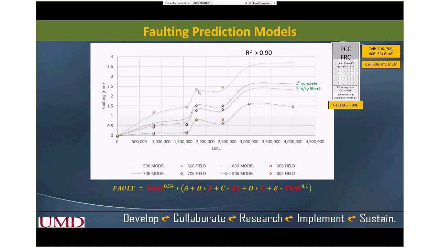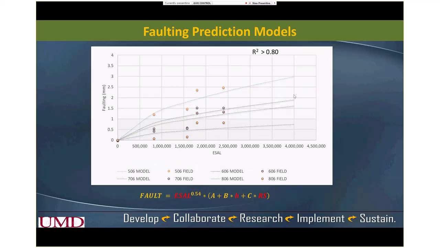This kind of correlation arises because when we measure the faulting in the spring, it is more, and in the fall or summer it is less. So this is the reason this kind of shape has occurred. And K, the modulus of subgrade reaction, characterizes this trend. When we remove K, the faulting curves become like this. We are still working on these faulting models. We plan on validating these models with the field data that we will get this spring. We will not use those data in the model, but we will plot them to see the